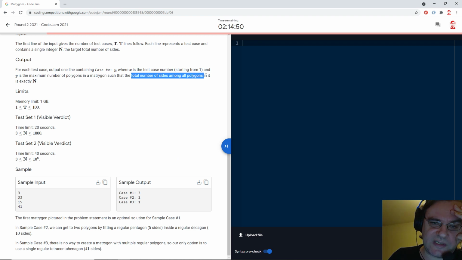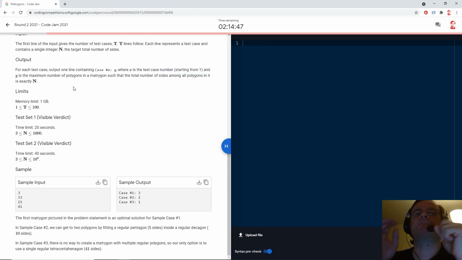So the total number of sides of all polygons has to be exactly n. So everything's going to be a multiple of the number of sides in the smallest polygon, which could be 3 or 4 or 5.